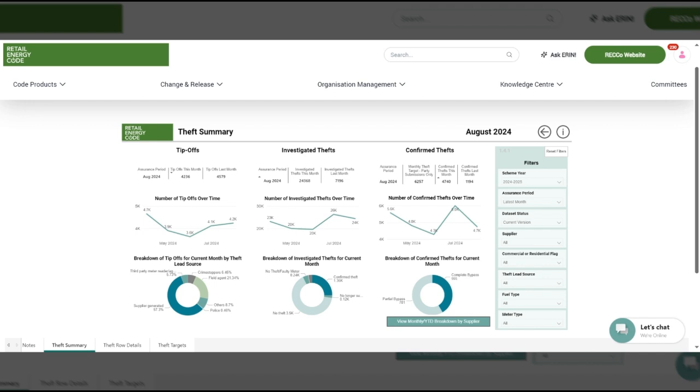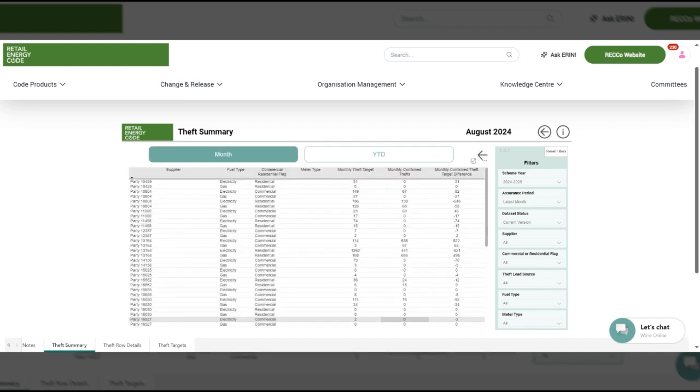So on this tab, you can see summary level information and totals over time for the number of tip-offs, the number of investigated thefts, and confirmed thefts. By default, they show the industry totals. However, using the filters pane here, you can filter to see your specific organisation. By clicking on the button at the bottom, you can view a table which shows a line-level breakdown of performance